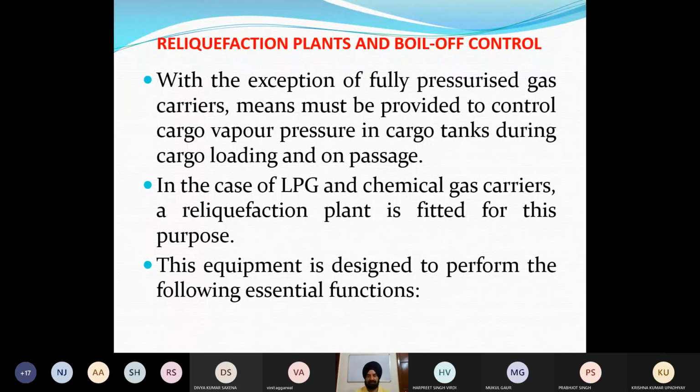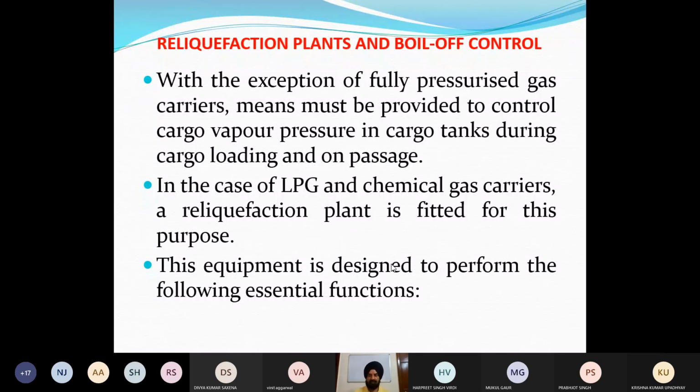So in case of LPG chemical gas carrier, a reliquefaction plant is fitted for this purpose. Especially this plant will be fitted on the ships which are carrying cargoes at low temperature, isn't it? For high pressurized vessels, no. Because there we are not converting the gas by lowering the temperature. There the gas is converted by high pressures. So equipment is designed to perform